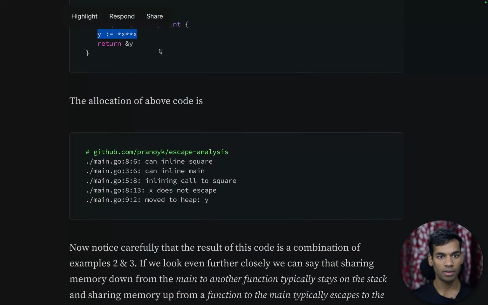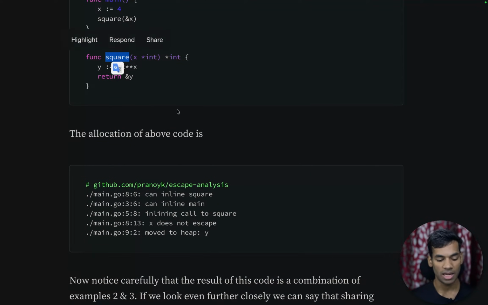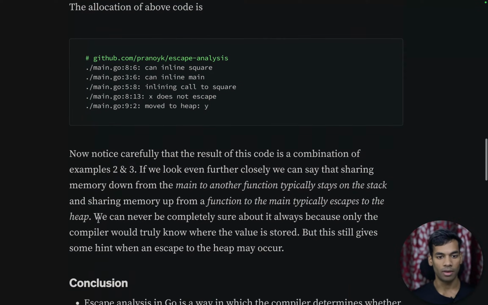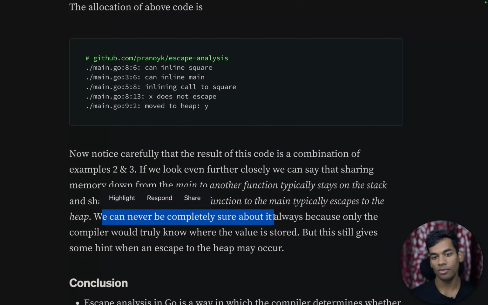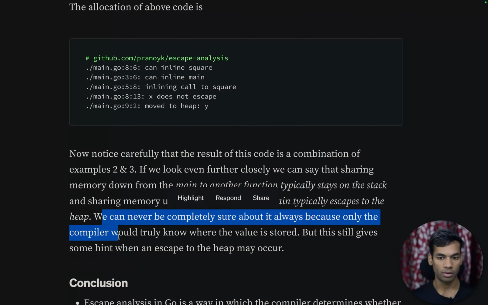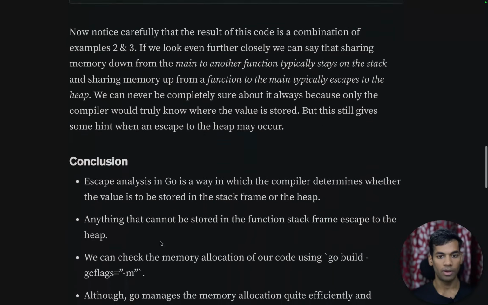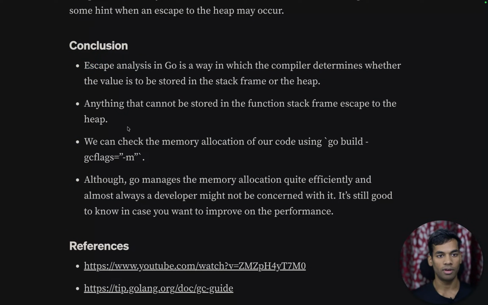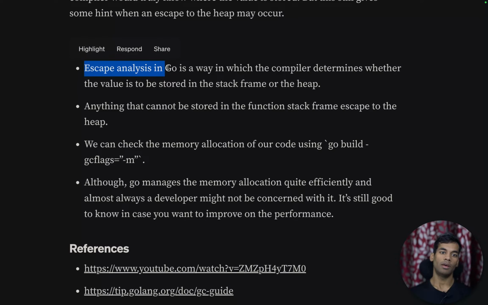Y is escaping, which was created in a lower level function and returned to the higher level function, the main function. Okay, we can never be completely sure about it, because only the compiler truly knows where the value is stored, but this still gives some hint about when an escape to the heap may occur. Cool. In conclusion, escape analysis in Go is a way